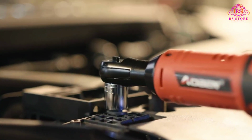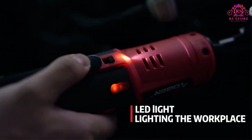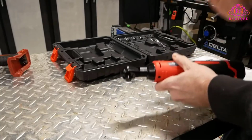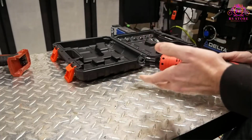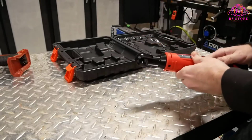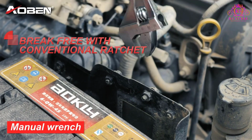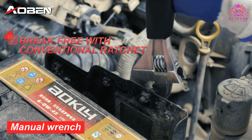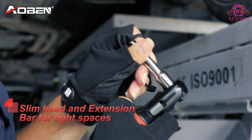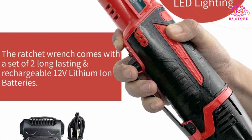Plus, the LED lighting on the front illuminates your workspace, making it easy to work in low-light conditions. The built-in battery indicator keeps you informed of your power level, so you never get caught off guard. Designed for safety and durability, the backward switch prevents accidental activation, while the air-cooled motor enhances heat dissipation for longer battery life. This complete set includes two 2000 mAh lithium-ion batteries, a charger, 6 sockets, an adapter, an extension bar,